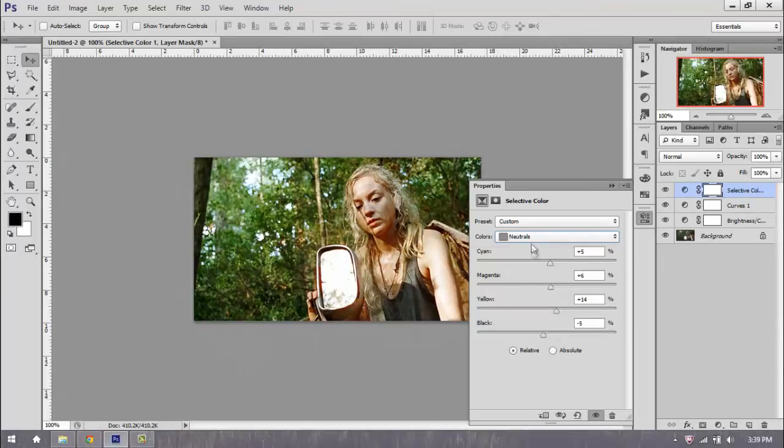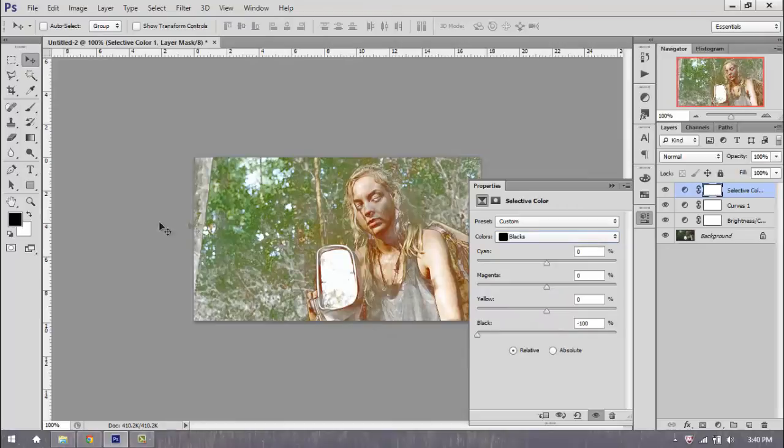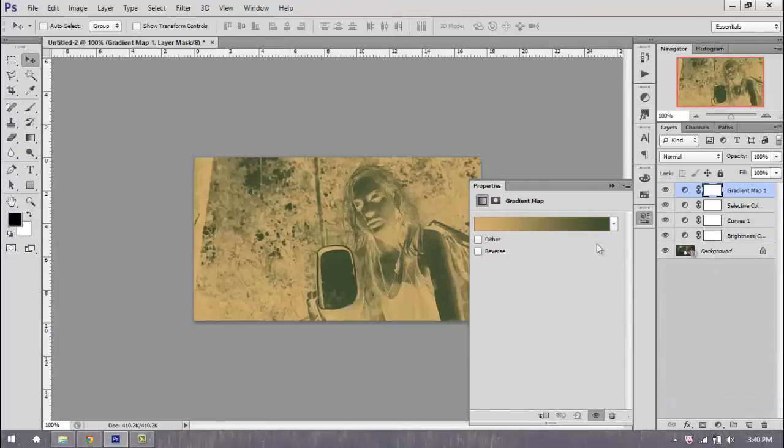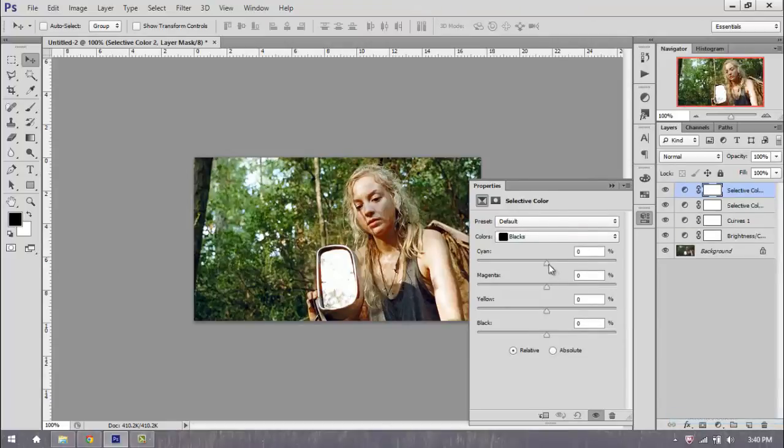And we're going to blacks, and blacks are going to affect it, darken it, or bring in something else. So I'm going to go ahead and mess with it a bit, just see what it gives, what it takes away. So it's kind of nice like that. We're going to go ahead and add another selective coloring though. Whoops, wrong one. Selective coloring, and we're going to just mess with the